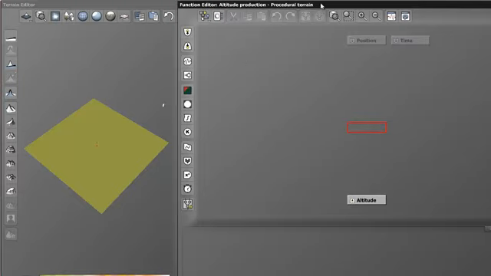Procedural terrains are going to use a fractal map here, a generated fractal map, and then create your terrain. So